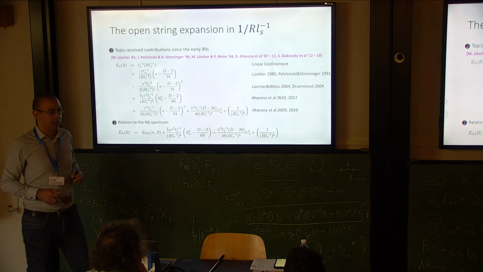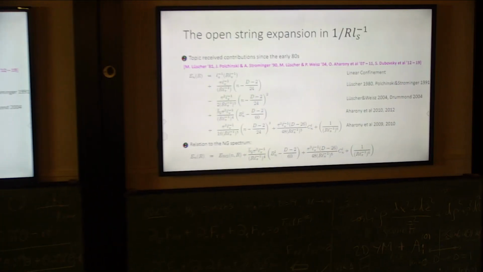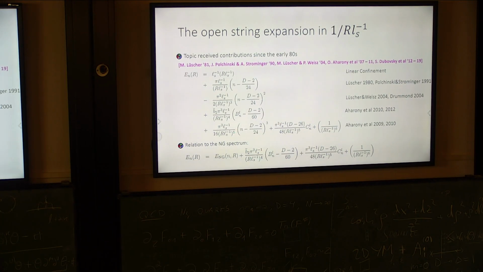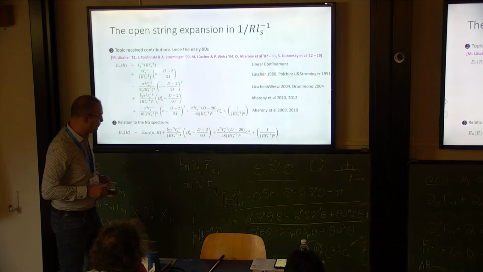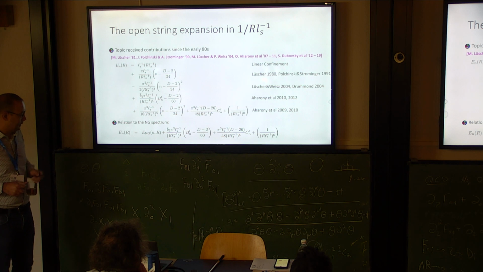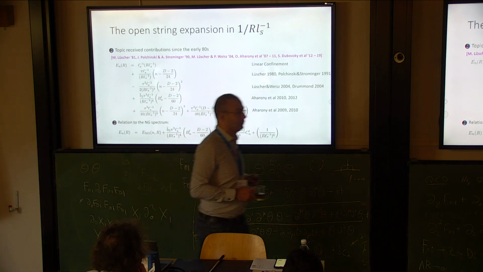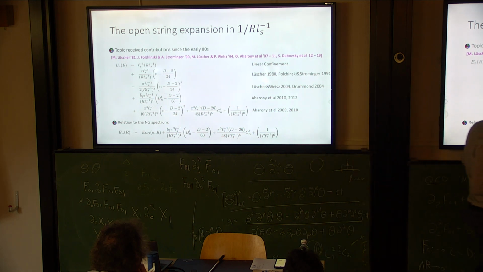Do I understand it correctly that this capital B and capital C are calculable things, and this little b bar is a free parameter? Yeah, right. So this is a free parameter, this is calculable, which depends on the excitation of the string. The capital C is related to boundary terms, or to the fact that you are considering also excited states? No, it also depends on the excitation of the state.